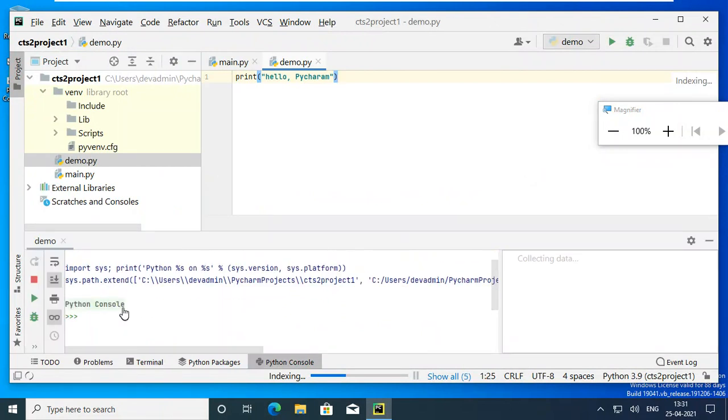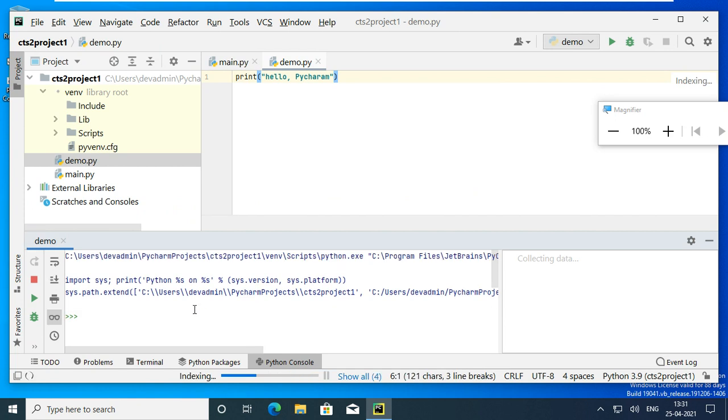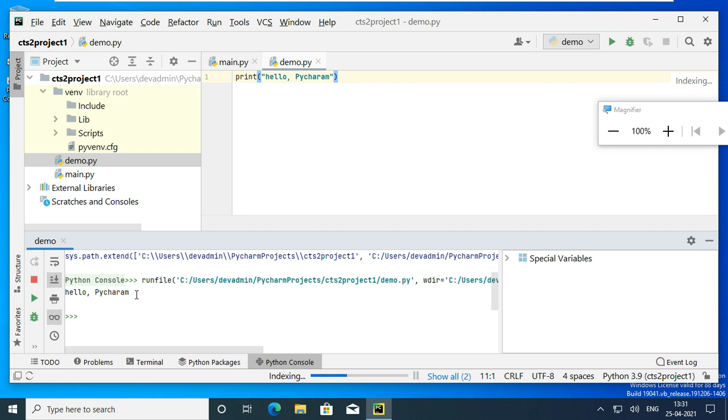Okay, so it is showing an output here. Where is the output? Yeah, like this. If you want to run again, just click here.